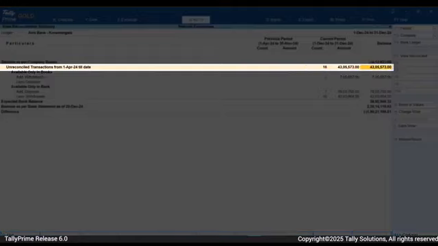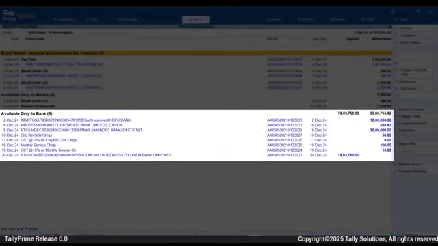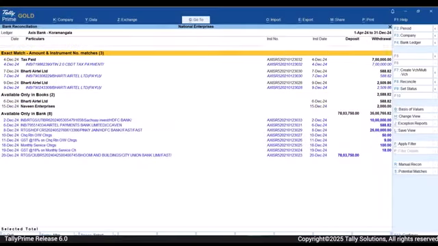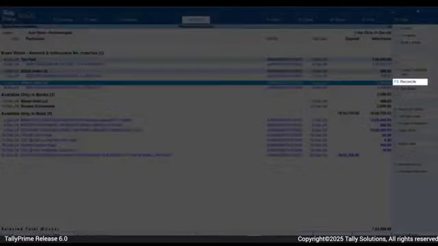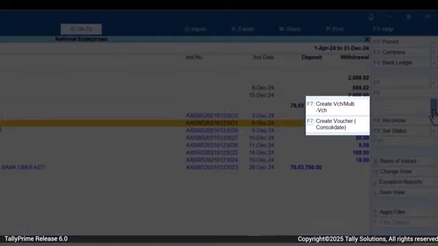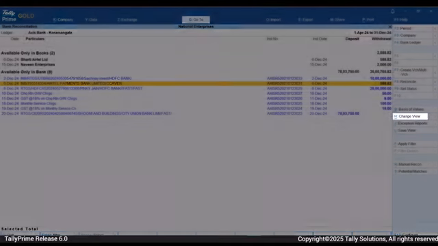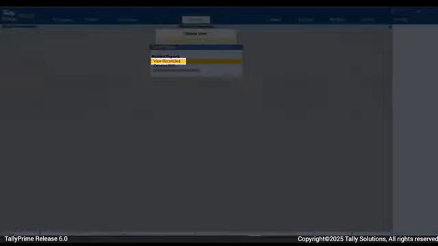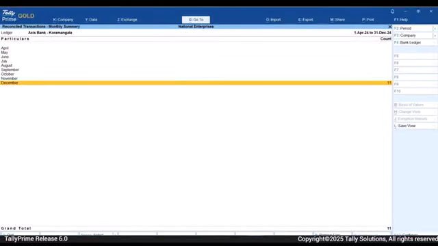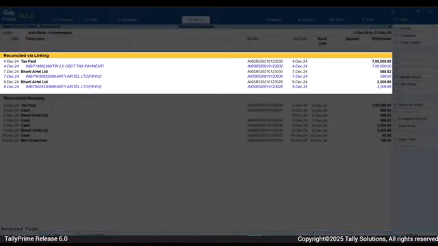Drill down from the Unreconciled section. You can see the bank transactions that are marked in blue text. These are the exact matches that you can immediately reconcile. There might be transactions that are available only in banks for which you can create vouchers. If there are any reconciled transactions in the period, then you can view them. Press Ctrl 8, select View Reconciled and press Enter. Drill down from the relevant period. You can view the reconciled transactions.